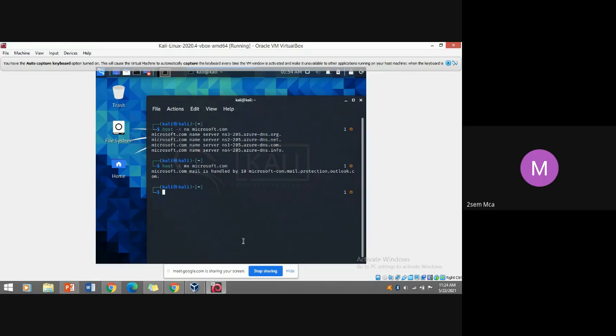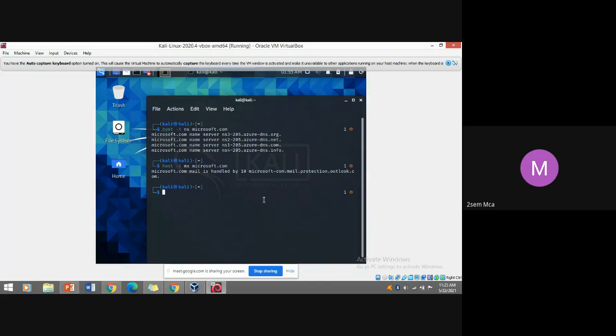Fine. Okay, now let us go through the class concepts. I will come back with the demonstration in the next class about scanning, how to do specific scanning using different tools.